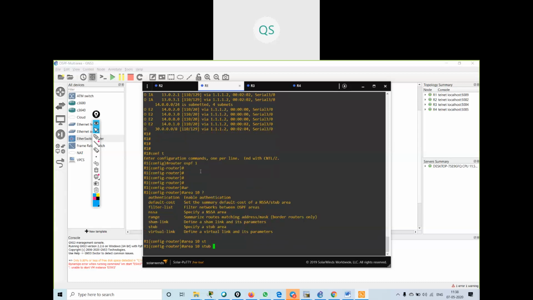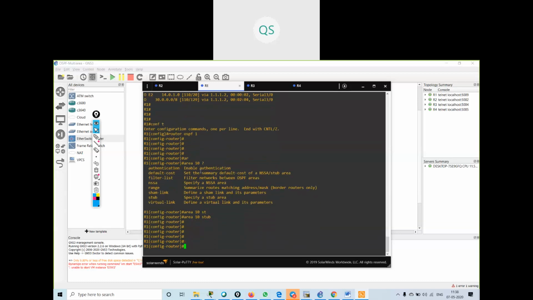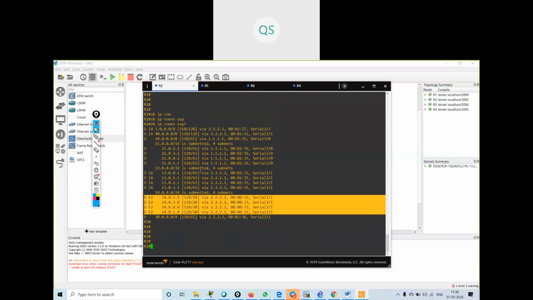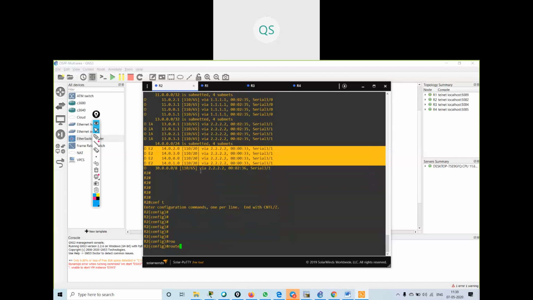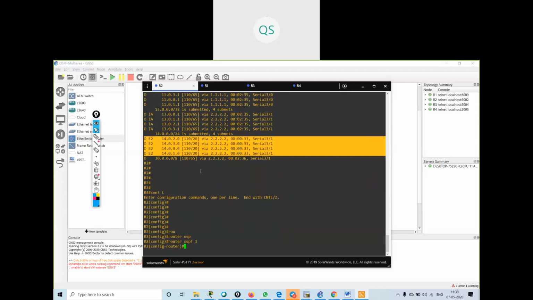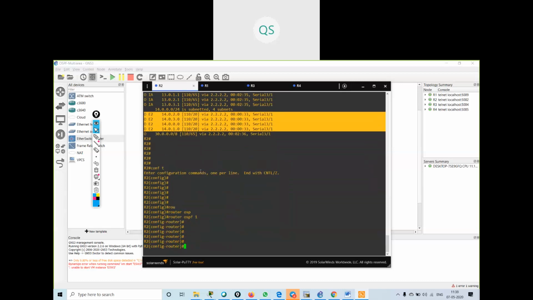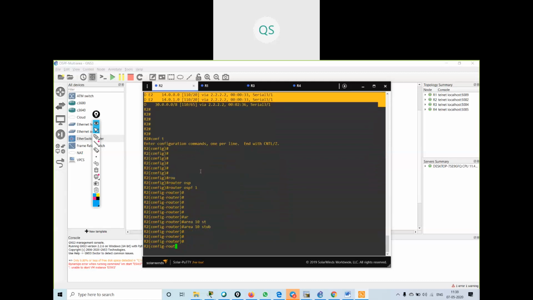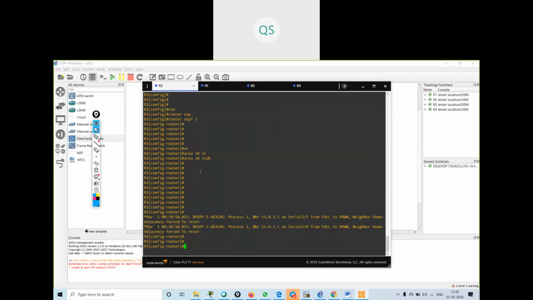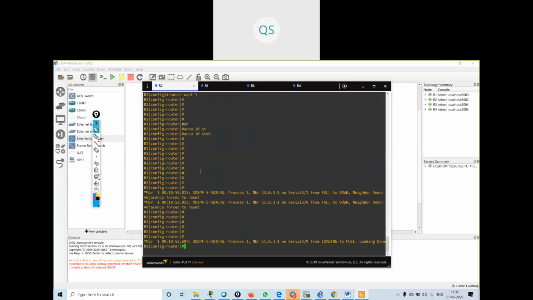Area 10 stub. That's it. I will go in R2 also, router OSPF 1, and say area 10 stub. That's it. See, the adjacency goes from full to down, then it will come up again.